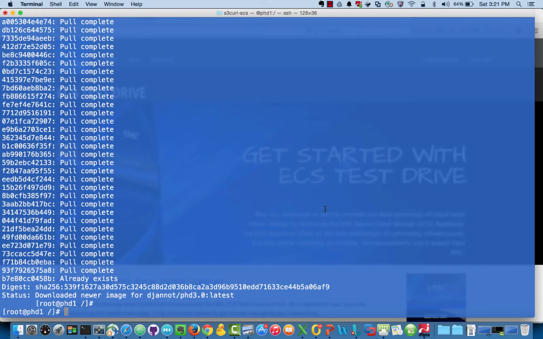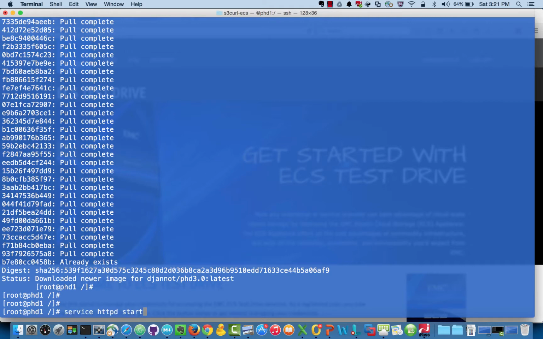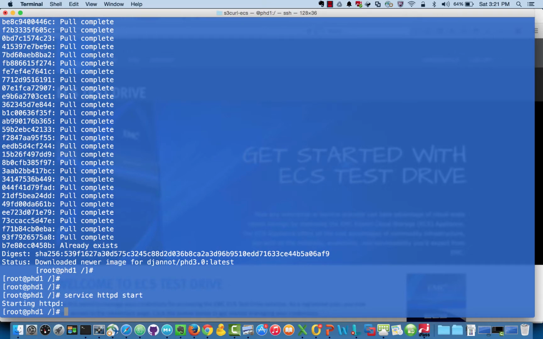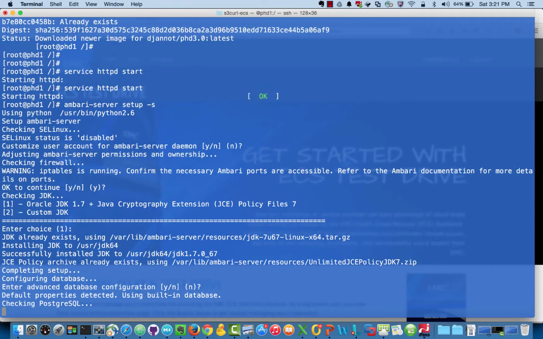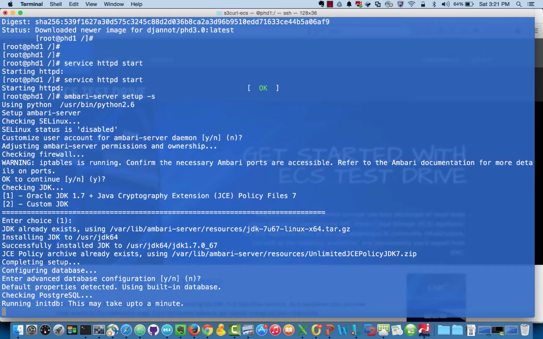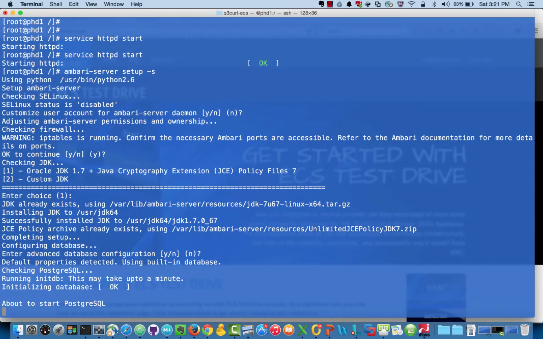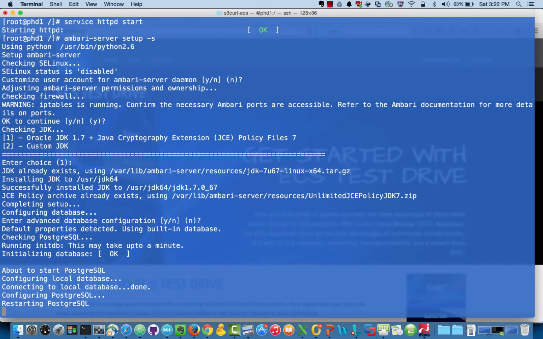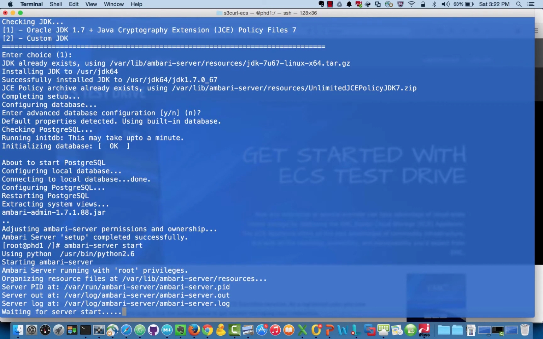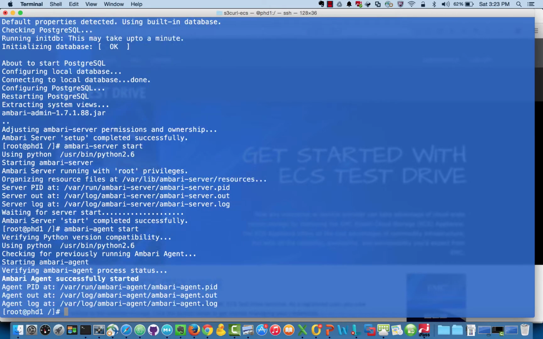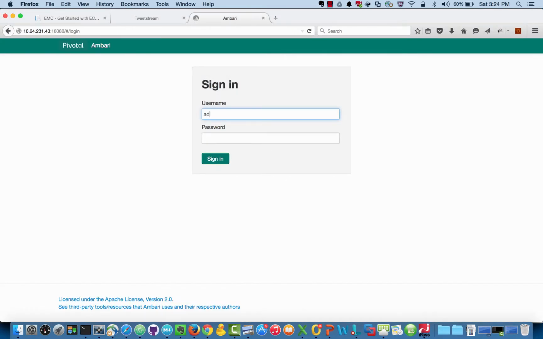When the container is ready, you start the HTTP service, configure the Ambari server, and start the Ambari server and agent. You can now use the UI to deploy the cluster.